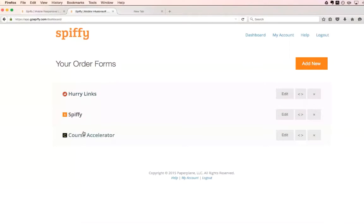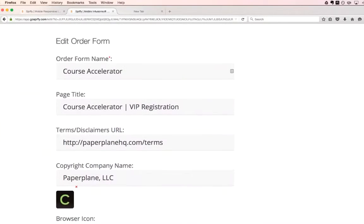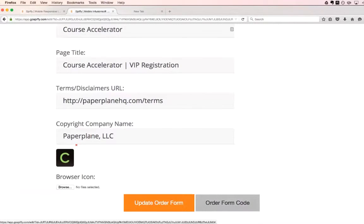So in Spiffy, when you're editing your order form, instead of just seeing these few options here, you'd see a whole drag and drop form builder that would still export that code and still work the same way, but you'd have a little bit more control over the visual design of the order form. And then we want to build out the Stripe integration for Infusionsoft so that small business owners can process